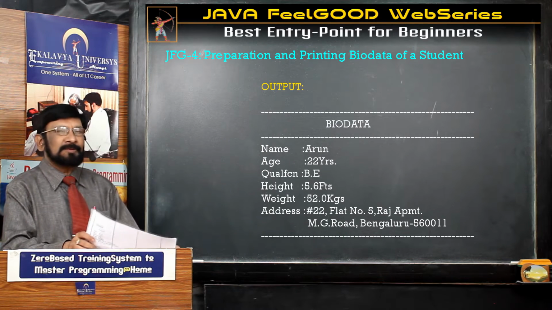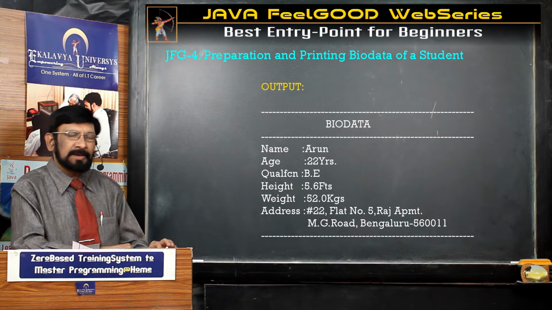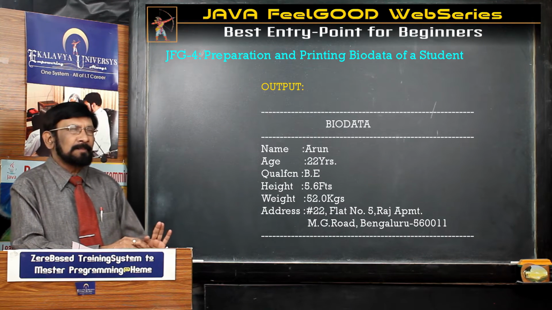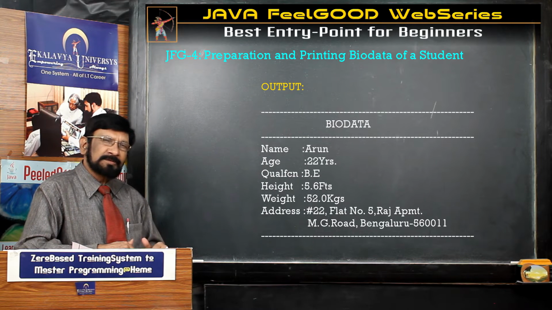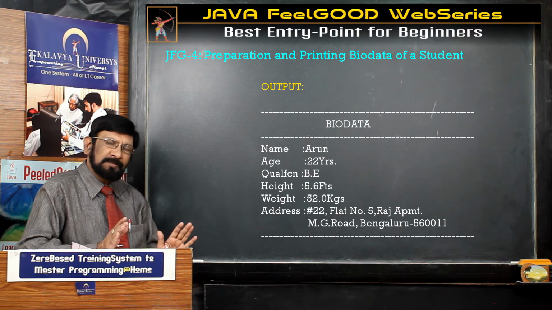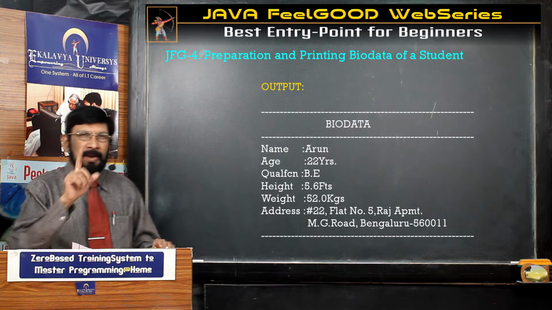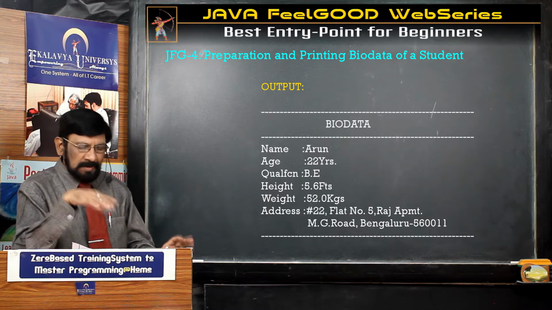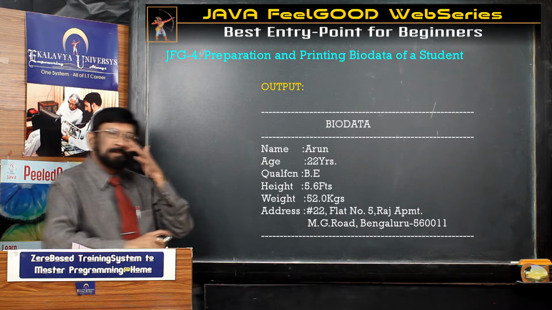And one more thing I have to tell you. Address, actually only one string I have taken. With this also you can manage. Normally, if you see any real life addresses, there are 3-4 lines. A lot of information is required. So here I have chosen only one variable. One variable, this also can be managed, but the best way is